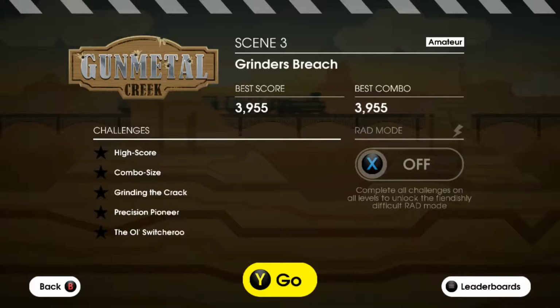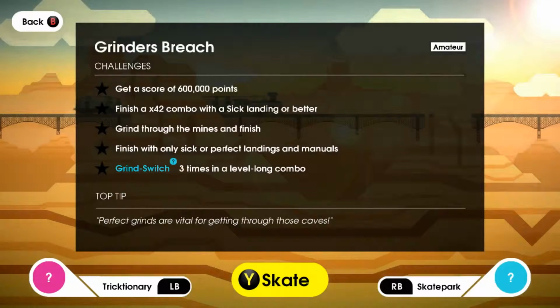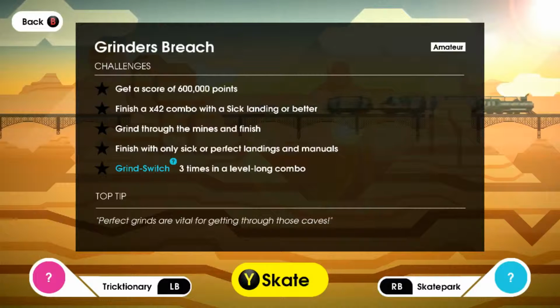So this is the new one that I'm working on, and the challenges are get a score of 600,000 points. I should be able to do that. Finish a 42 combo with a sick landing or better. So that's going to require getting